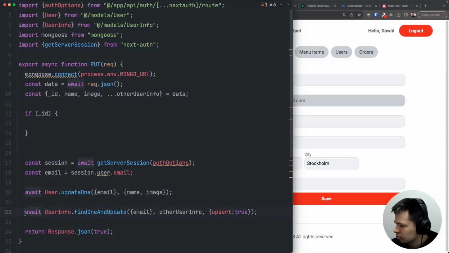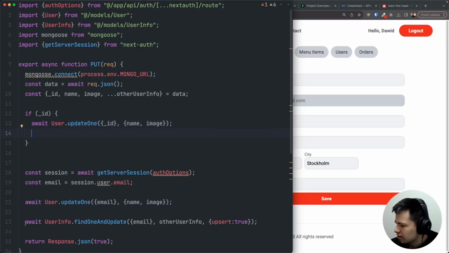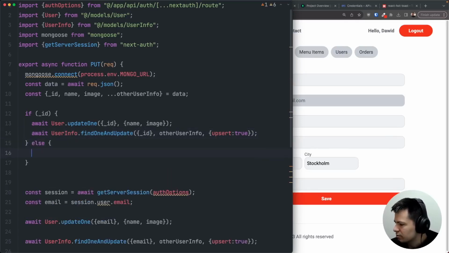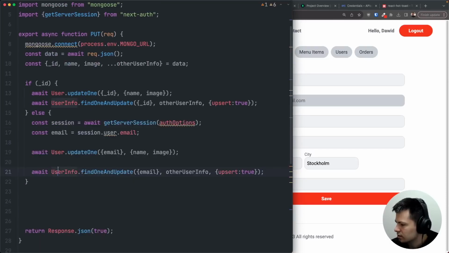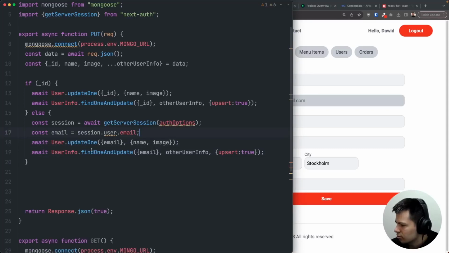So I want to do this. First, wait a second. I want to first update user like this, but using underscore ID to find it. And then I want to update also user info by using my underscore ID. Otherwise, we know it's a profile, so we want to update for our own user. So we want to do actually this instead. All right, so now we have